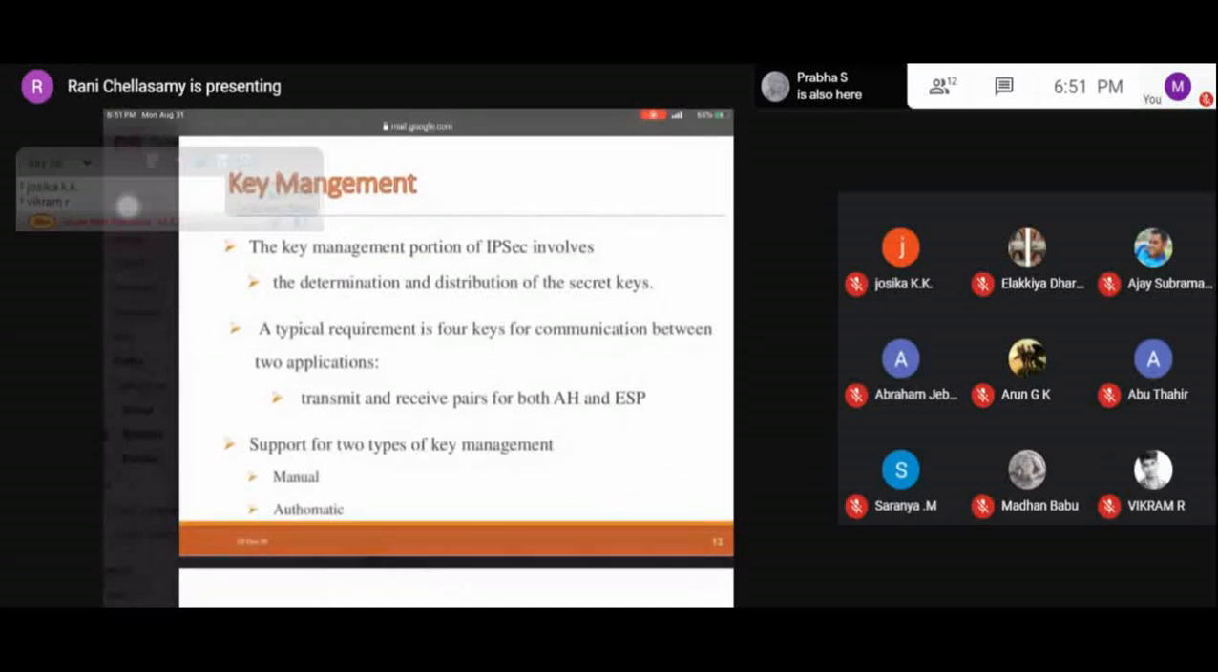So the requirement is four keys for communication between the two applications, that is, transmit and receive pairs for both the AH and the ESP. And this key management in IP security supports two types of key management. One is